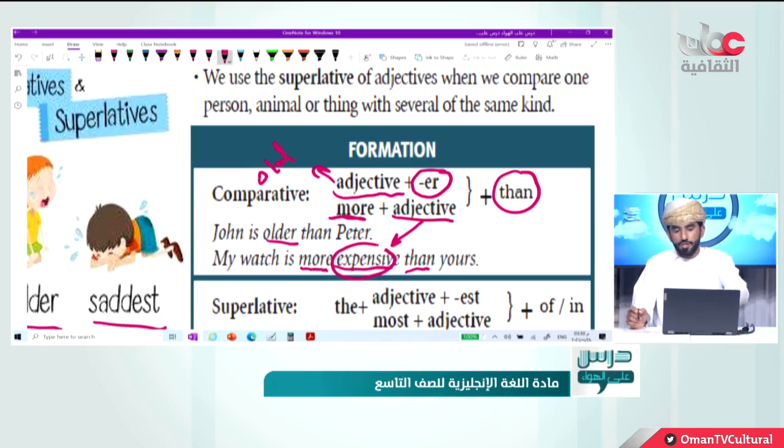Okay, so John, who can read this sentence for me behind the screen? Yes. Nice, thank you. John is older than Peter, right? Older, have a look. Older has got ER. Why? Because it's only one syllable. And it's followed by what? By than. Exactly. What about more? Why did we write more here? Because the adjective that is written in here has more than one syllable. So we have to add more first, precede it, and then write the word than right after the adjective. Have you got it? Very good.